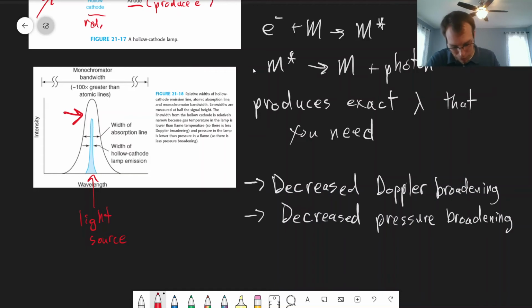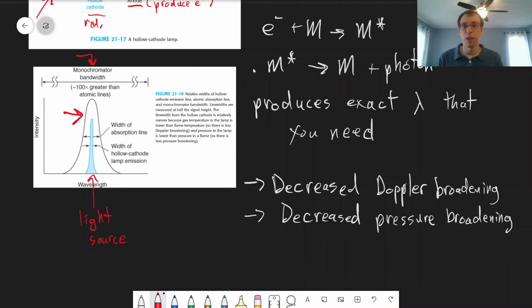Now, if we tried to do this with a monochromator, the monochromator bandwidth is like 100 times bigger than these atomic lines. And we'd have no hope of having something narrow enough for Beer's law to actually apply here. But with a hollow cathode lamp, we do. Because it's designed to work at a lower temperature and lower pressure than our sample, it means we can get light that is much narrower. It's much closer to the natural line width. It's not at the natural line width, but it's much closer to the natural line width, or the lifetime broadening,